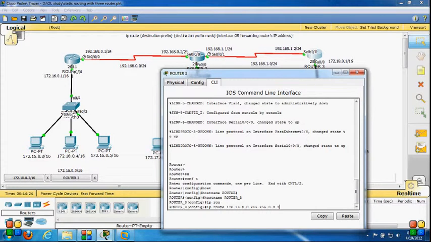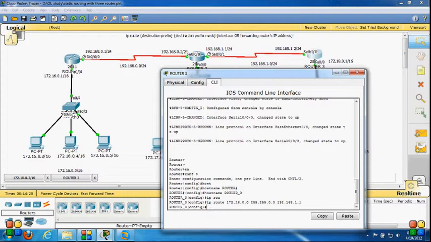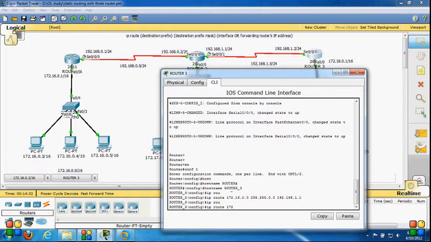So this is my next hop, 192.168.1.1, and one more static entry I have to create. This is ip route 172.17.0.0, the subnet mask is again 255.255.0.0, and the next hop IP address will be the same, because this network is connected to router 2. So 192.168.1.1 is the next hop IP address.